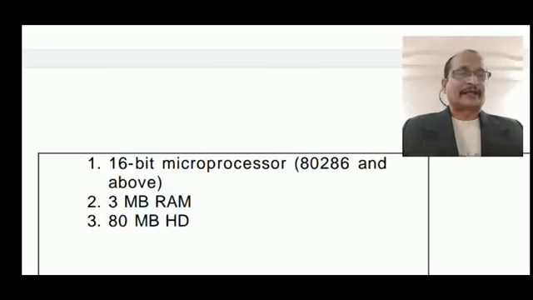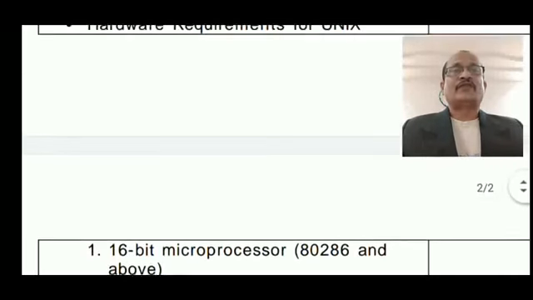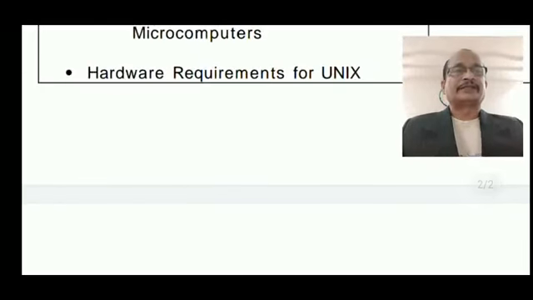This is the basic requirement. The processor must be 286 or above. You must have at least 3 MB RAM and at least 80 MB hard disk space. Then you can install the Unix operating system on your computer. These are the basic requirements for installing the Unix operating system on